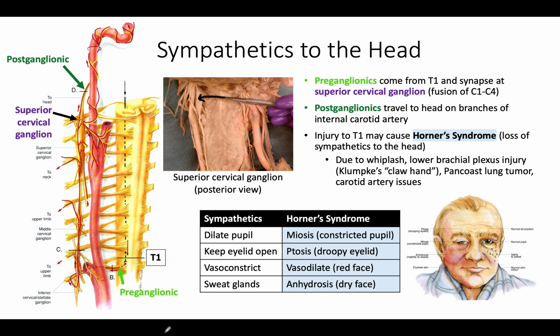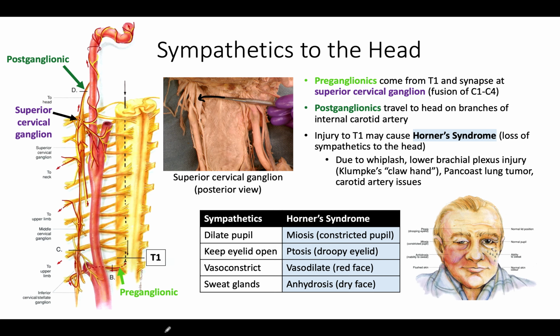In a way, I think of it as if we knock out the sympathetics, we're basically just having our parasympathetics have their action. So we know that parasympathetics constrict our pupil. Our sympathetics help keep our eyelid open, but we can't do that anymore. So we have ptosis, a droopy eyelid. Then